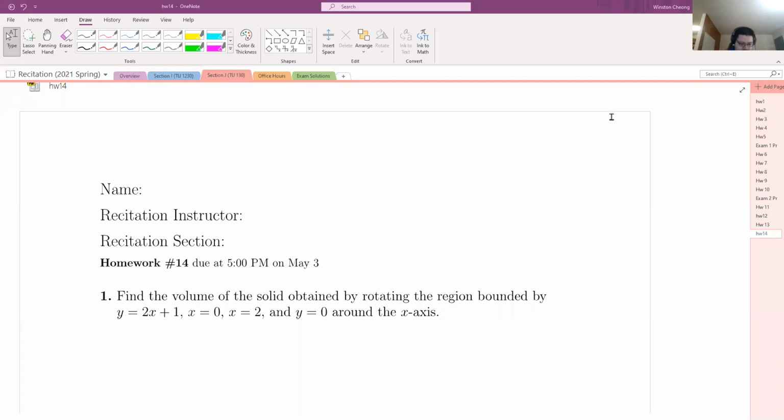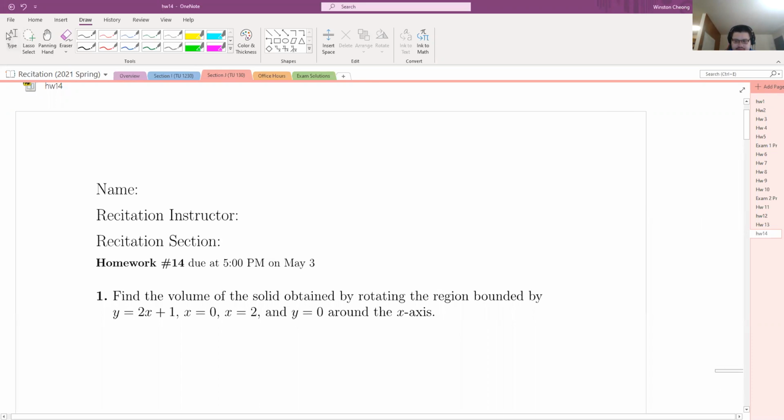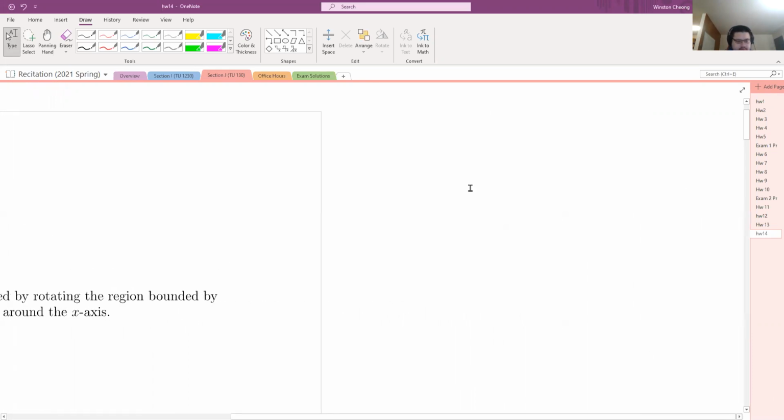Okay. Right. So for this week, the topic that we're going to cover is volumes of revolution. I want to give a bit of an introduction to that. And one thing I want to do is to actually show both methods, try to connect the two together because